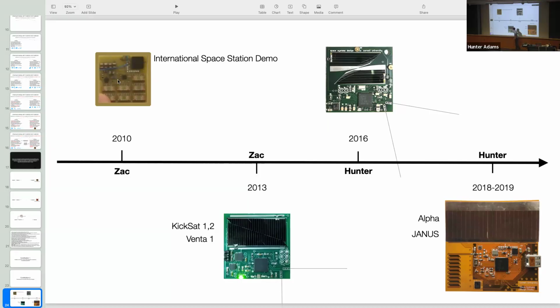Kicksat-1 carried about 100 of this iteration of the chipsats up to orbit and deployed them. You could think about this iteration of the chipsats as essentially the chipsat version of Sputnik. All that they were programmed to do was broadcast a radio beacon, and the goal was just to hear that beacon. Because it was not obvious that you could receive radio transmissions from something so low power over such long range. The exercise was to demonstrate and prove that concept.